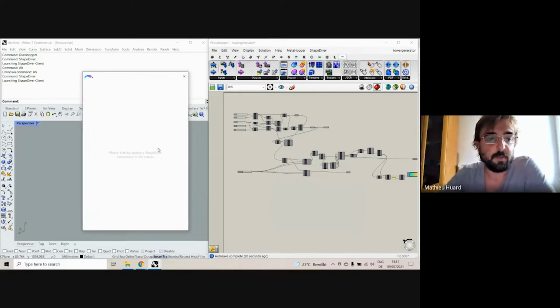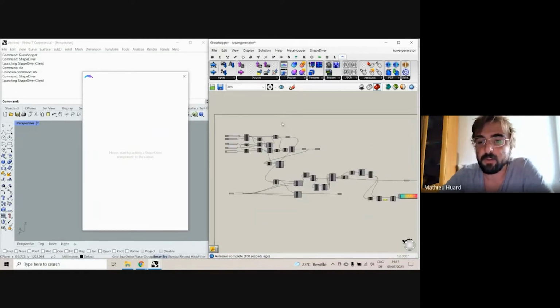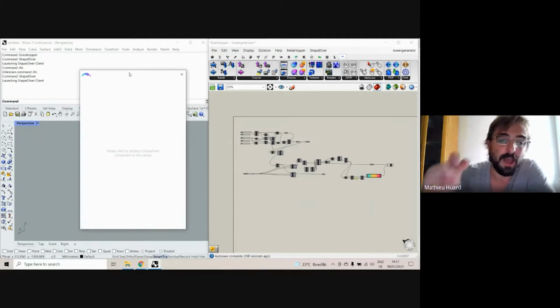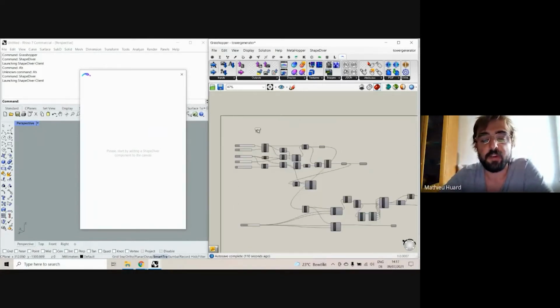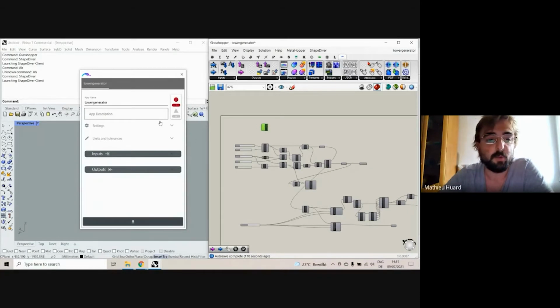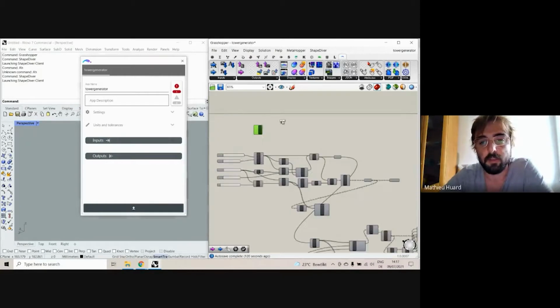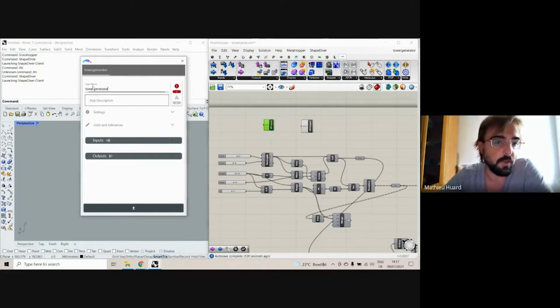And here it tells me, please start by adding ShapeDiver components to the canvas. Essentially, what this tool here, which has a work-in-progress name, we call it the IDE, but it's like the app builder if you want, is that as you build your app and as you define inputs and outputs, it's going to populate them and let you already define what the scope of the app, the inputs, outputs, and also the name. So I can here call it Tower Generator,